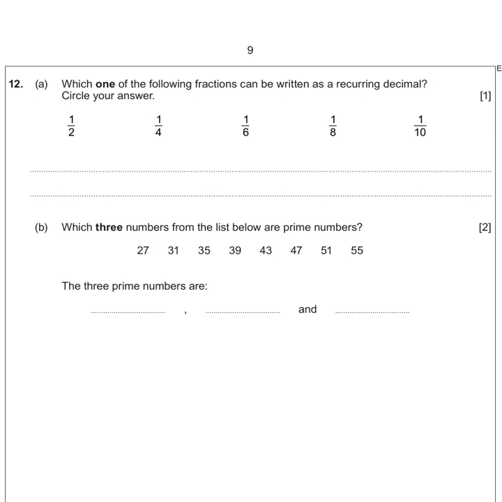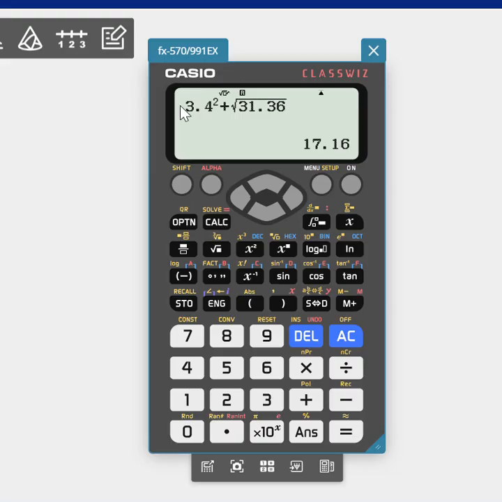Question 12. Which one of the following fractions can be written as a recurring decimal? A recurring decimal is something like, for example, 0.33333. This will continue forever. Okay, so with a calculator paper, what we need to do is go to the calculator,